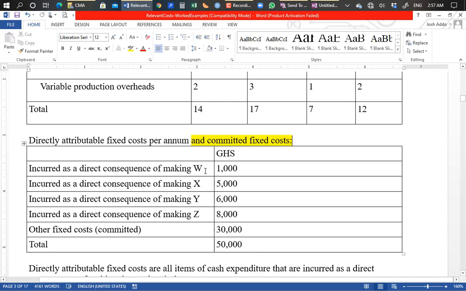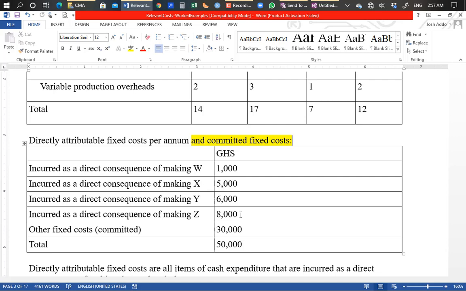So this is directly attributable fixed cost for 1 year of making W, the whole of the 1,000 units of W. So this is the fixed cost, 1,000. Incurred as a direct consequence of making X, 5,000. Incurred as a direct consequence of making Y is 6,000. Incurred as a direct consequence of making Z, 8,000. So these are fixed costs which arise as a direct consequence of making each of the products,